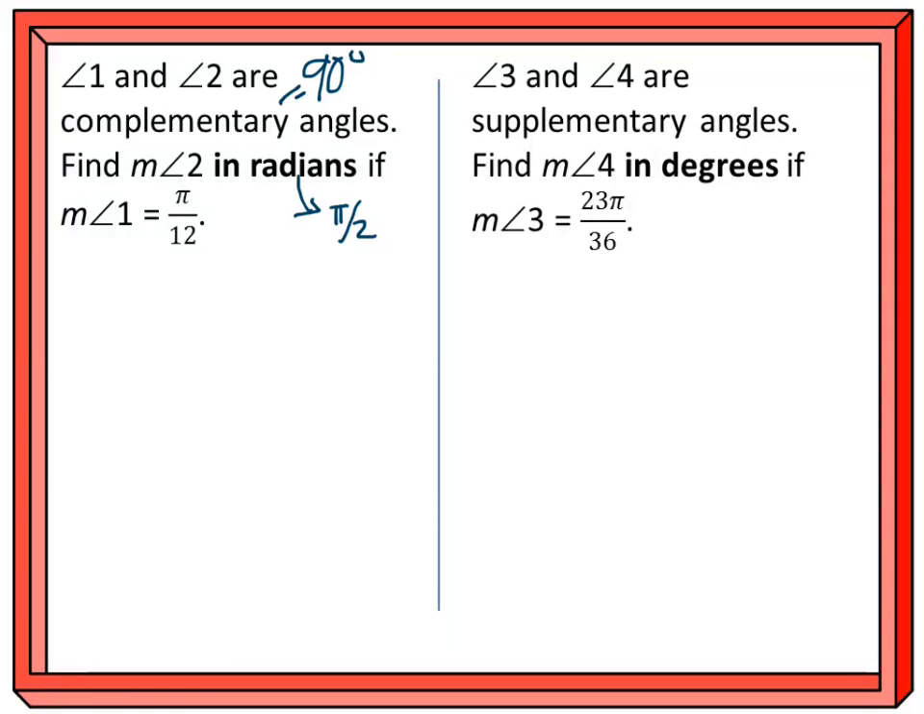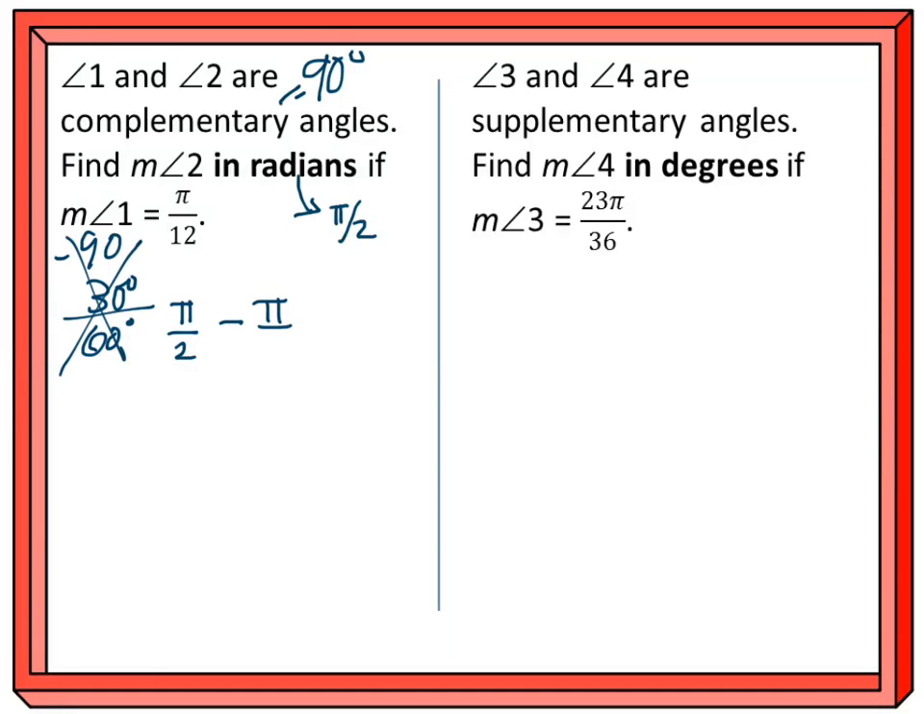If I knew one of them, let's say that one angle was 30 degrees and I wanted to find the other one, you would take that number and subtract it from 90, right, to get 60 degrees. So we're going to do the exact same thing here, except with pi over 2. Pi over 2